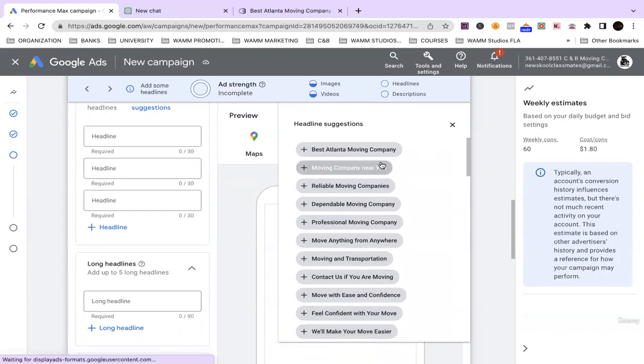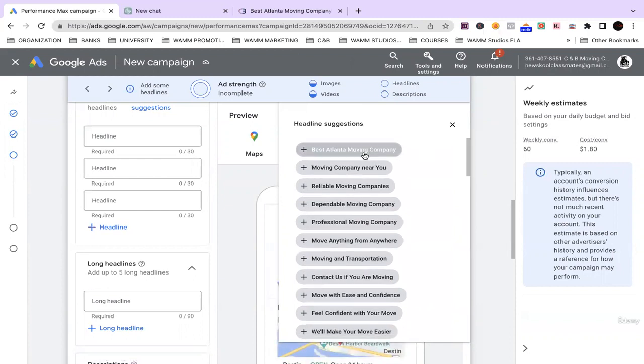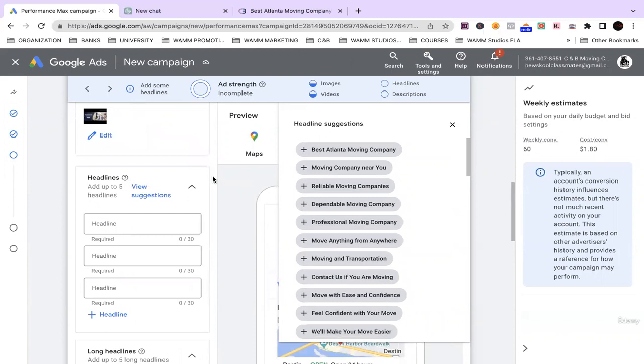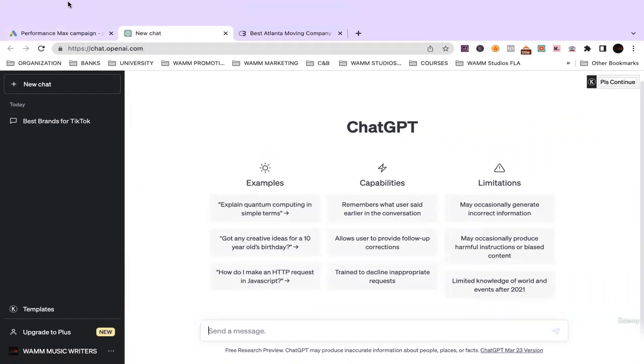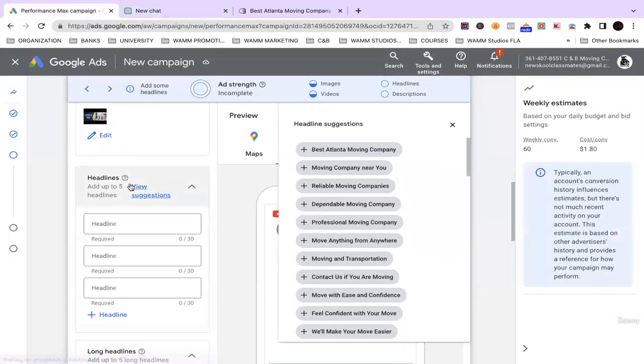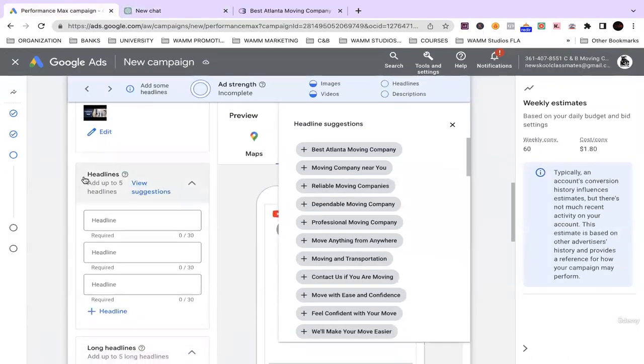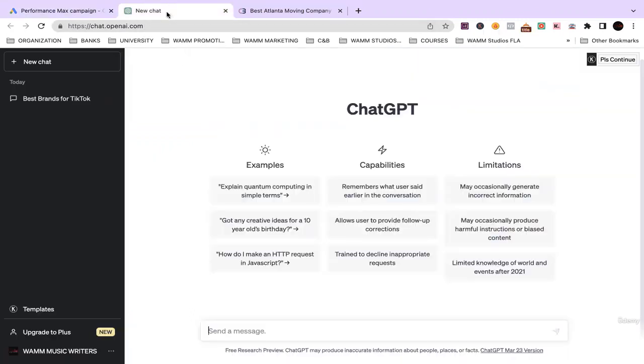All right. So I recommend going to ChatGPT. If you've ever heard of it, it's a platform, a software that is AI generated and it helps you complete tasks by asking it the proper questions. All right, so what we are trying to figure out is we're trying to create headlines. All right, so what we're going to do is we're going to ask ChatGPT, hey,